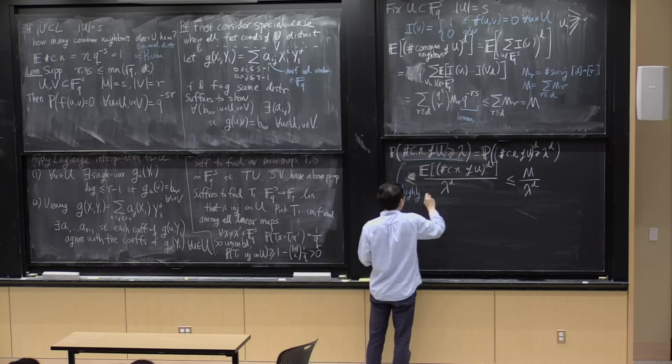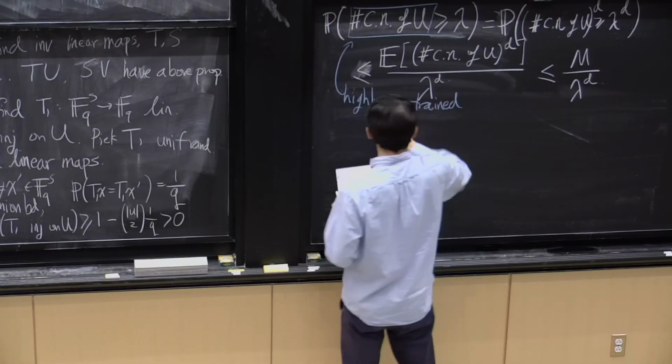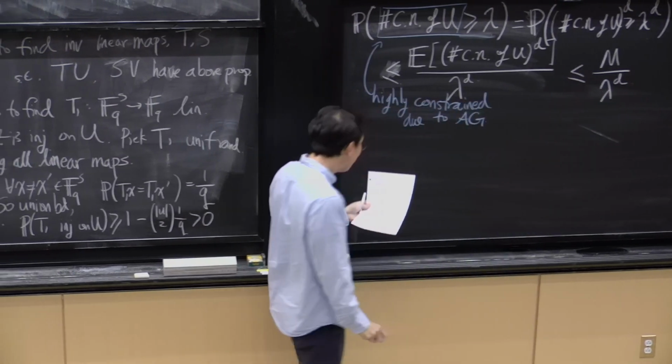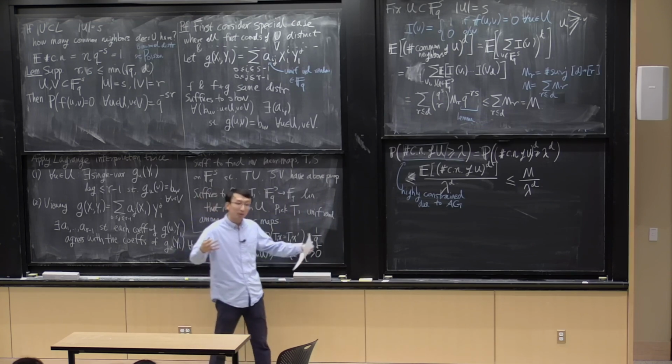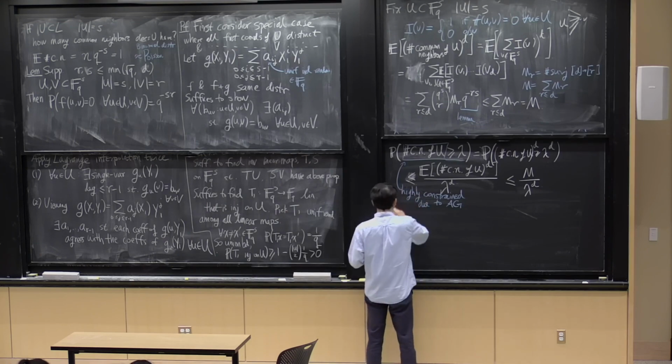Due to reasons in algebraic geometry, and I'll tell you exactly why. So that the number of common neighbors is either very small or very large. And here is the key claim